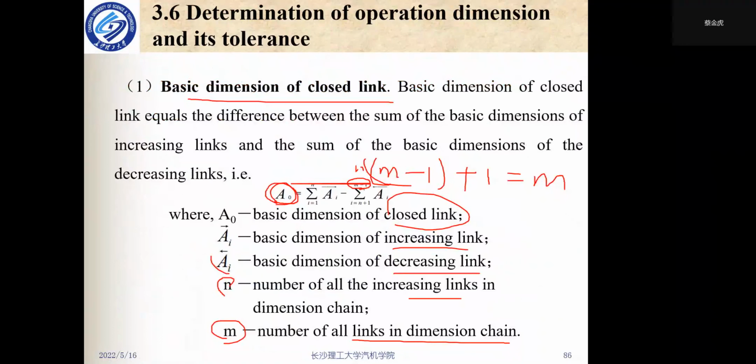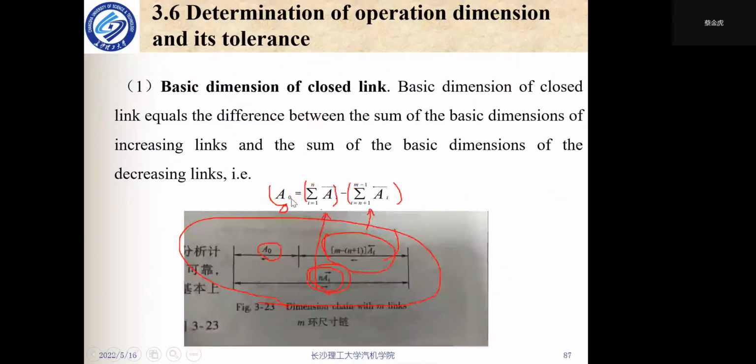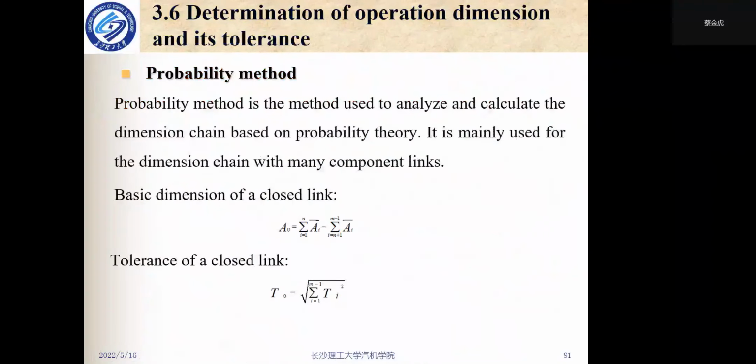If you have any questions, tell me, and I will explain it again. Maybe later I will use an example to explain it again. If it's okay, we'll go to the next